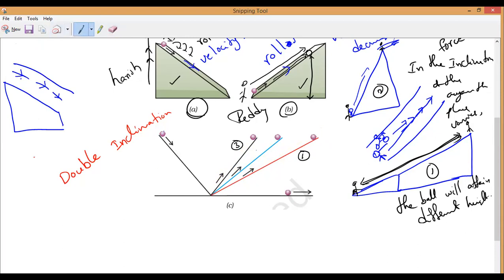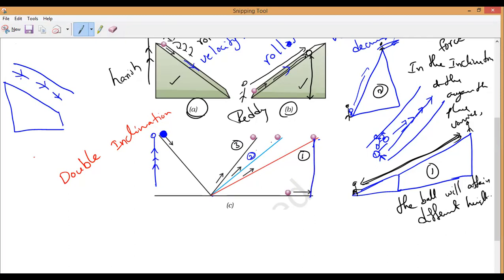Everyone, I am releasing the ball from the same position. This is the ball, but here the inclination angle is different. Understand? If not, ask me. Imagine you are standing here. I am releasing the ball every time from the same position. One time I kept it with this inclination, then the second plane. Now, the first plane: it travels a long distance and attains this much height. This is the height.